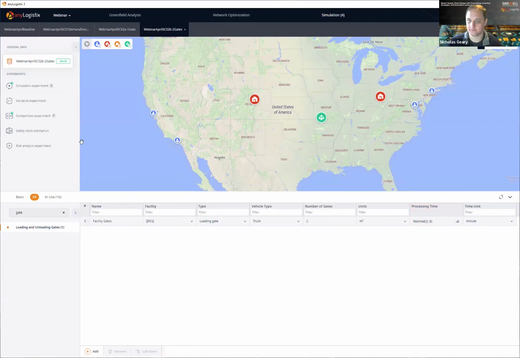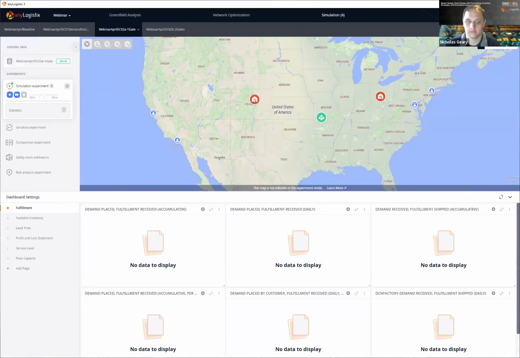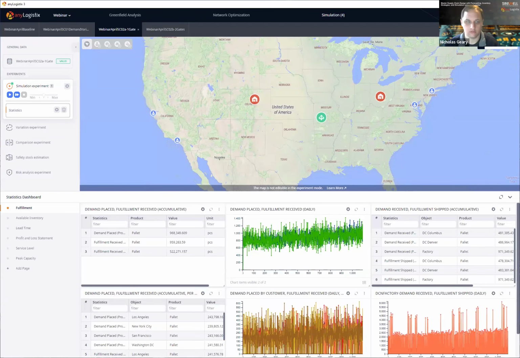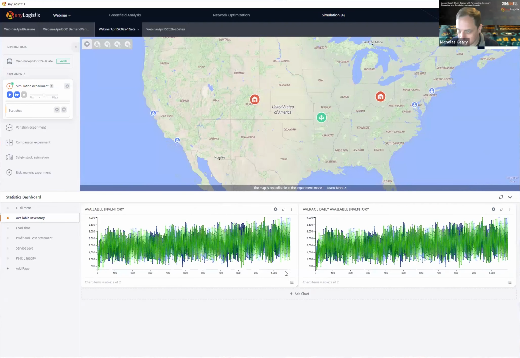And then over here, in my second model, I will have 2 different gates with a mean of 6 minutes and a standard deviation of 2 minutes. I'll run both models to see which one is more effective, which one I would choose if I was deciding, okay, we'll use this distribution center over the other one. So if I look at this first model here, I will go to my statistics, and then to my available inventory. And as you can see here,